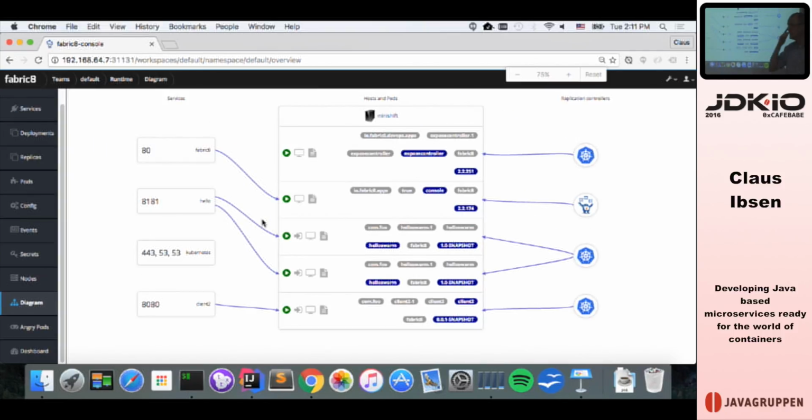Question: now that you have this many pods and such, are you actually considering what to do with the physical machine when you have no more ports? Yes, so a good idea is to specify resource limits on your pods. So saying this one needs so much memory, and you can have a minimum required memory, and you can have a desired memory, and you can also specify if it's allowed to have overcapacity. So you want to have 1 gigabyte of memory, but it's allowed to burst into 2 gigabytes. So you specify these resource limits, and then you leave it up to the cluster container to figure out where best to stack these pods.